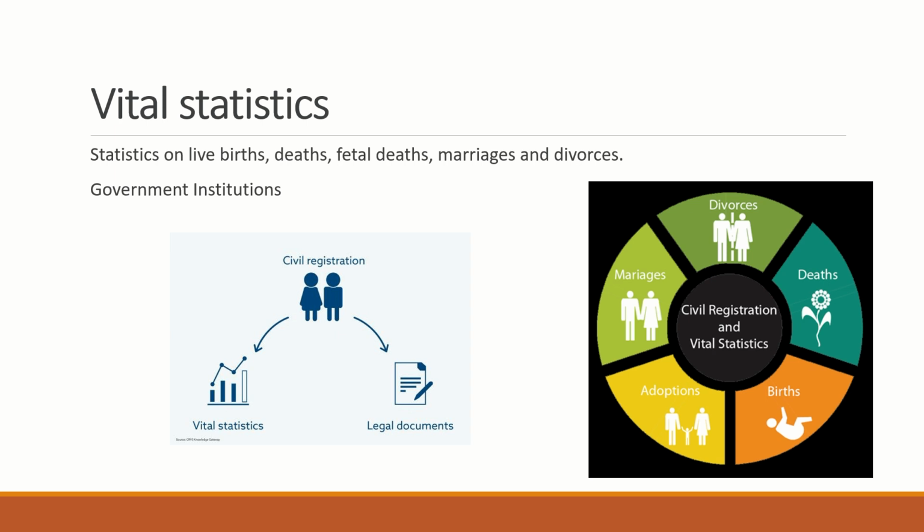Vital statistics are specifically associated with births, deaths, fetal deaths, marriages, and divorce. And they're usually recorded and enumerated by government institutions. Sometimes churches will do the same. For example, the Catholic Church kept vital statistics in many nations and still does in some. Baptism records and that kind of thing would have a lot of this information. In our society, we have civil registration, for example, when an individual is born, when they go to school, when they get married, when they die. This is all recorded and then made legal in different documents